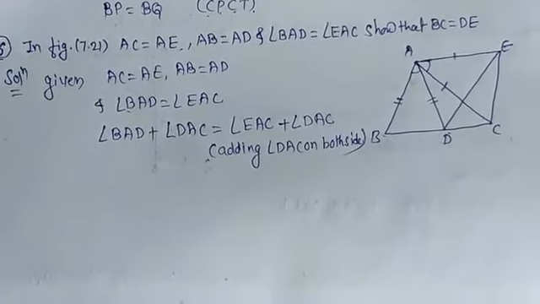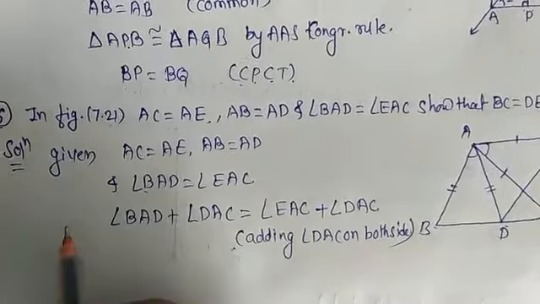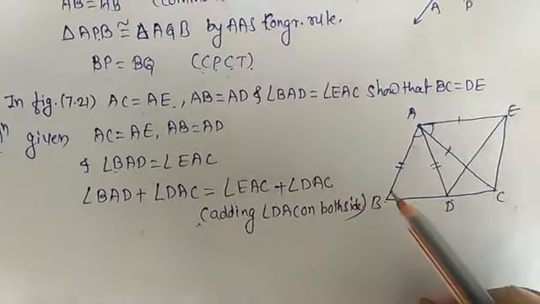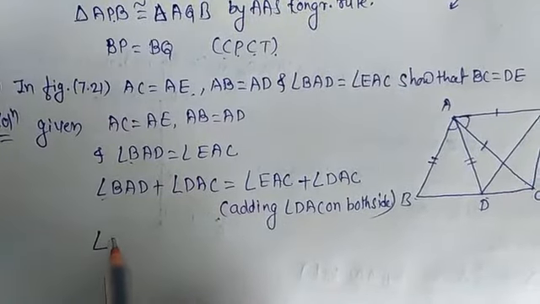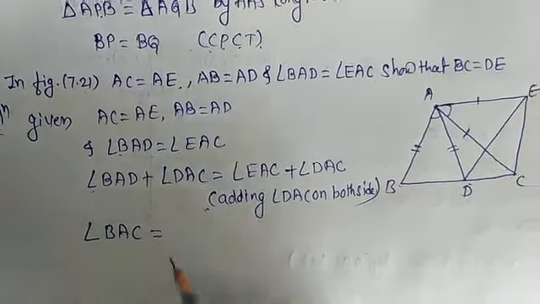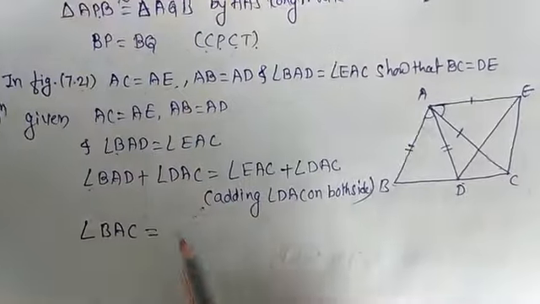Now from this we can write angle BAD plus DAC is angle BAC